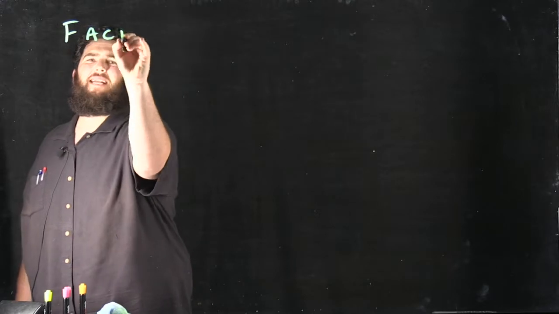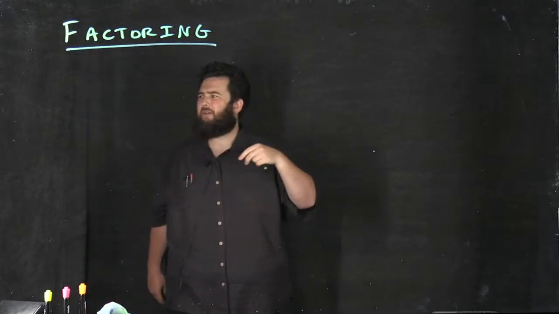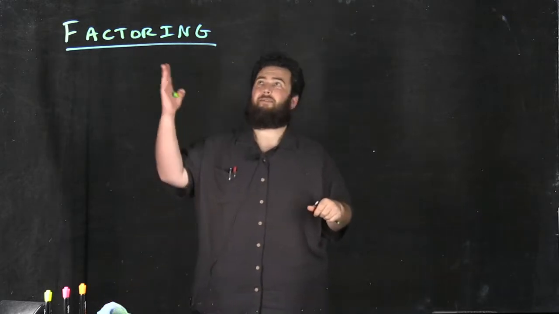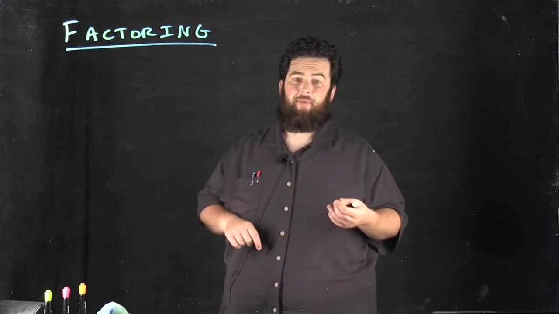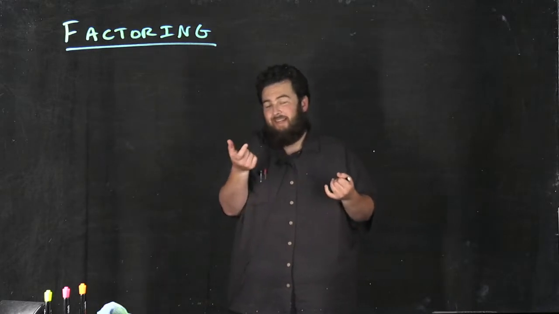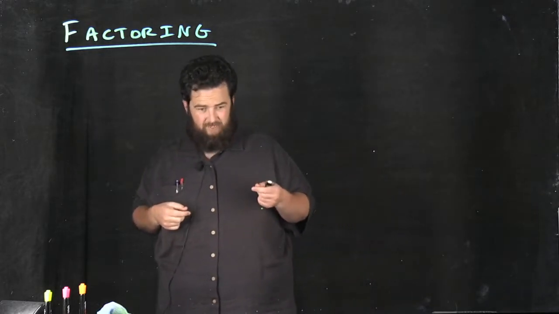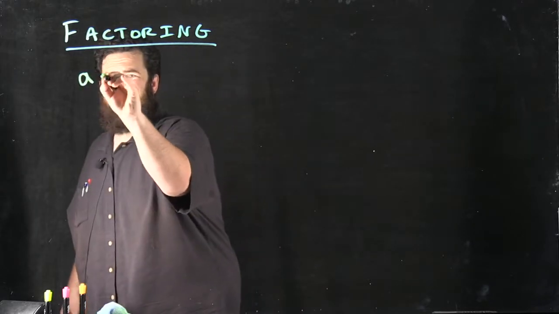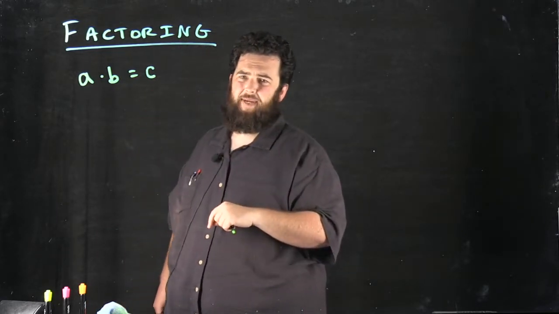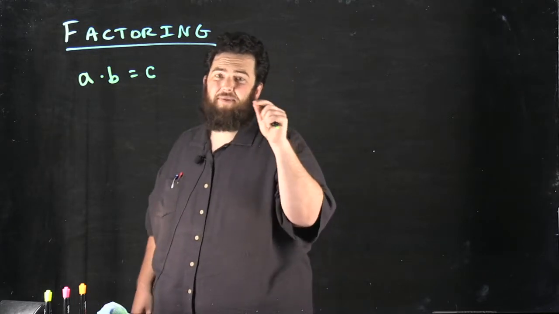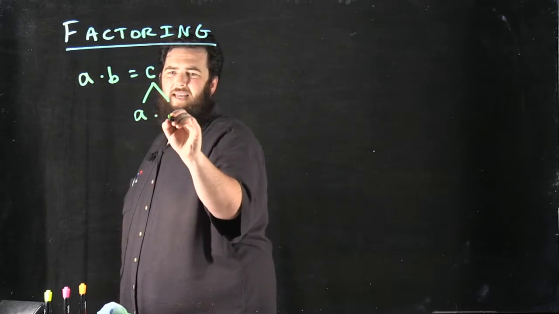Now, you may have already seen quite a bit of factoring in previous classes, and you might hear the word, oh, this is a factor of this, and I need to factor these things. That's interesting. Well, the word factor is actually a noun and a verb, right? A factor, noun, means it is an item, like a number, where if you multiply that number by something and get an answer, like A times B equals C, then A and B are factors of C, right? Now, if I wanted to factor C, the verb factor, I want to take C and find out how do I split it into A times B,